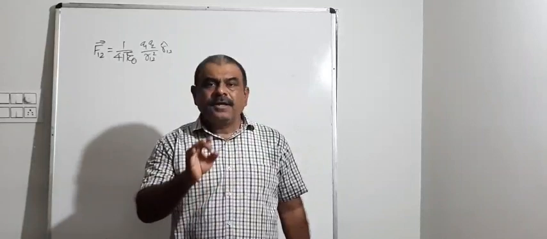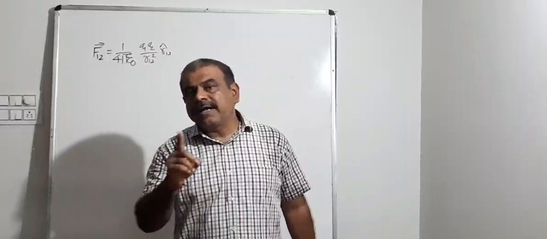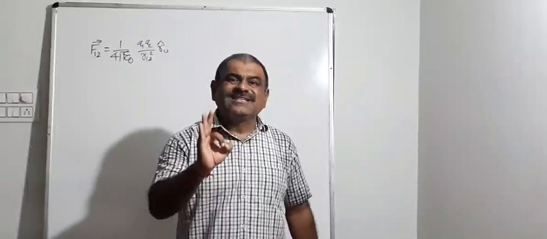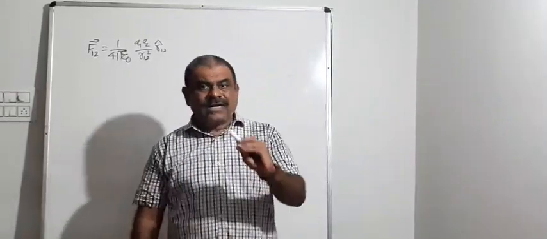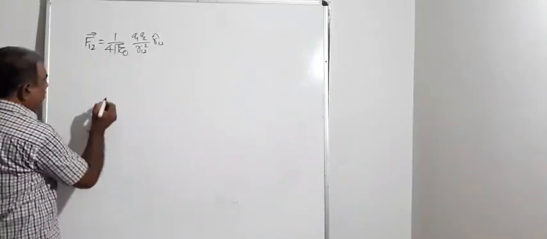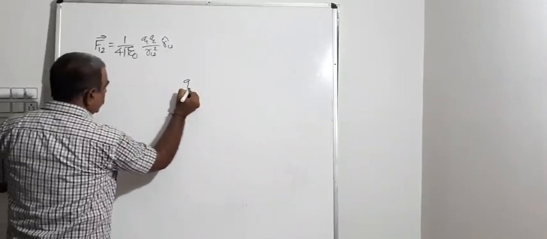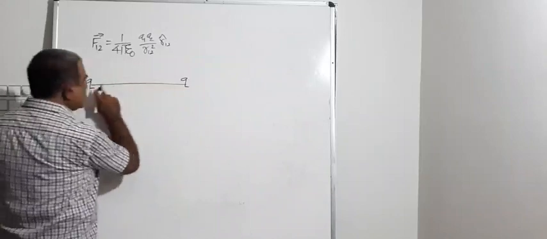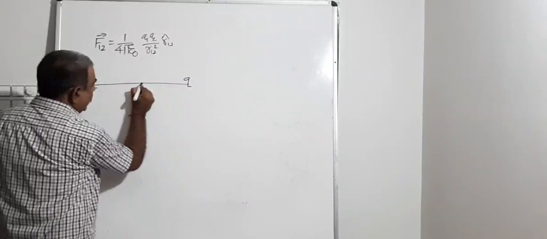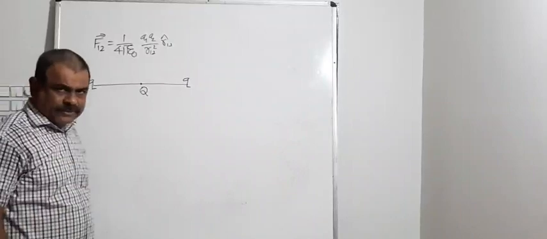One is, never consider the sign of charge when you are calculating the resultant force on any charge. Only consider the sign of direction. What I said, never consider the sign of charge. Look how. If I take charges like this, Q, Q. Now both charges are equal in both senses, sign as well as magnitude. Now at the center of this I am keeping one more charge Q, which is also positive.